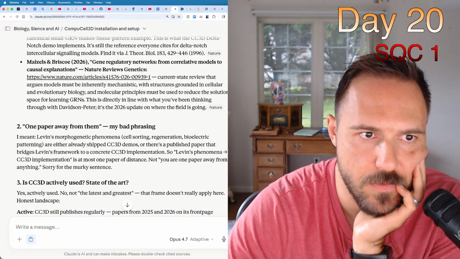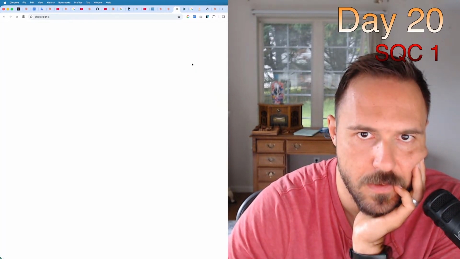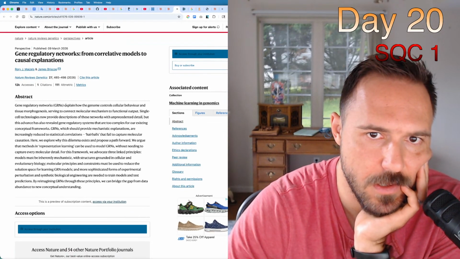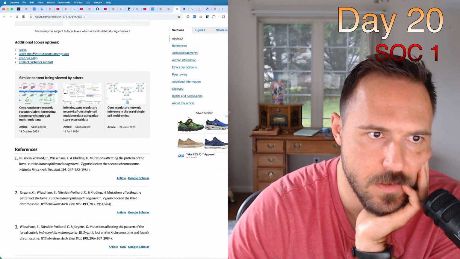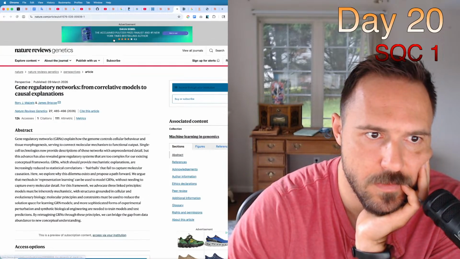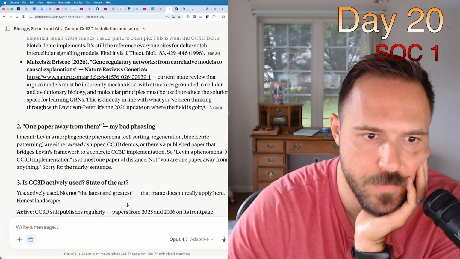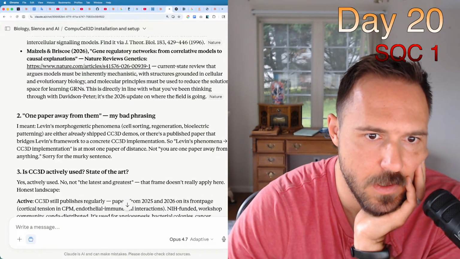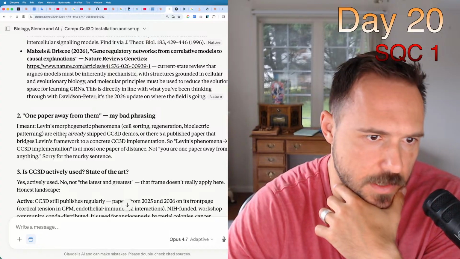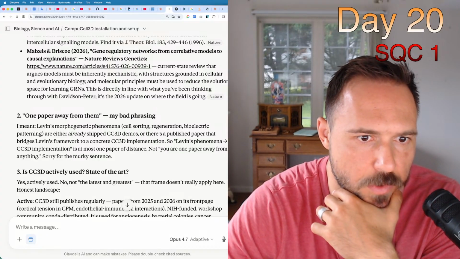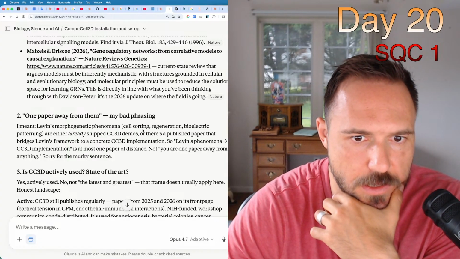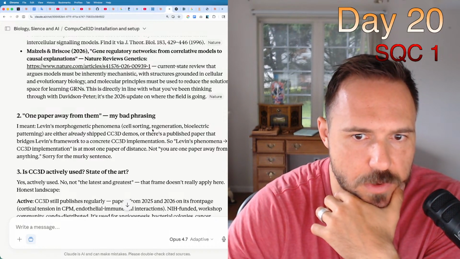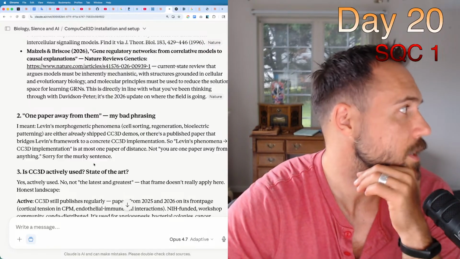Oh, okay. So when we open this one up, we couldn't read it again because I need to access it through some kind of nature.com paywall. My bad phrasing. I mean, Levin's morphogenetic phenomena, cell sorting, regeneration, bioelectric pattern is already